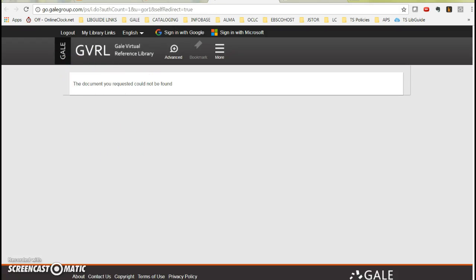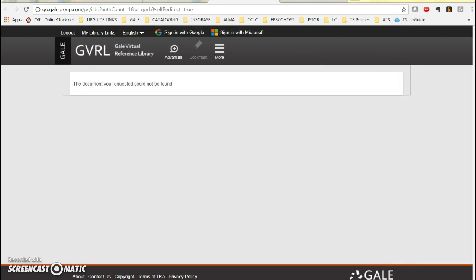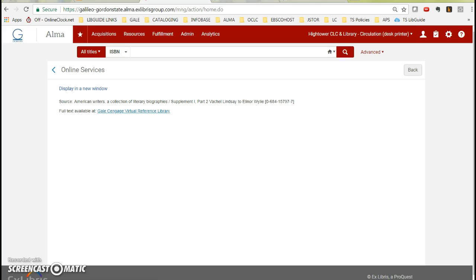Alright, and that's probably because the other thing you need to do besides entering the value GOR1 is, where it says ART, yes, we need to enter that information. And this is the electronic collection edit page from the old version of Alma. And on the new version of Alma, when I just did this, I didn't see ART listed, so I was hoping that was just something they put in by default now, but